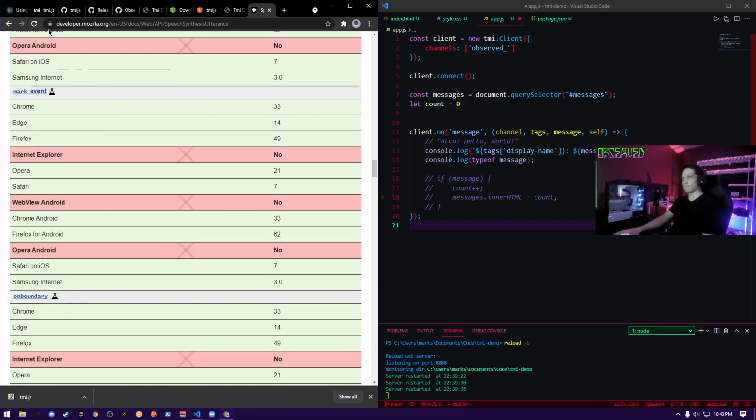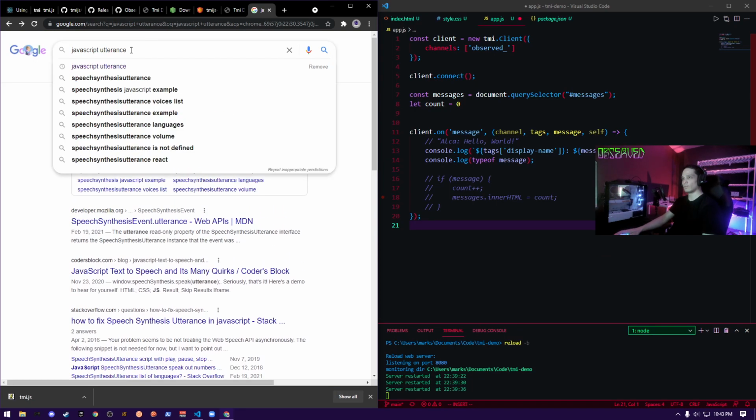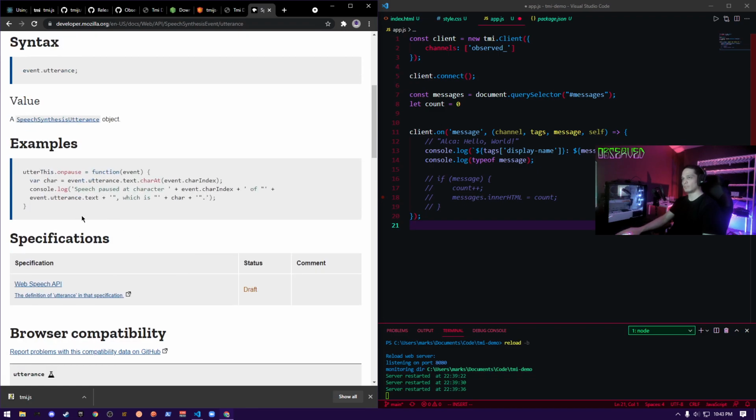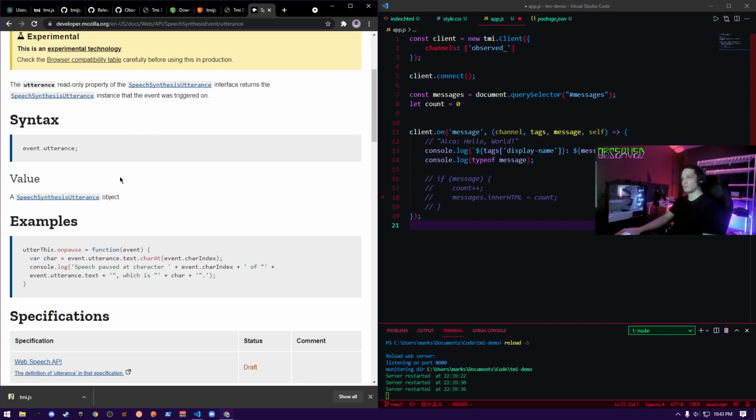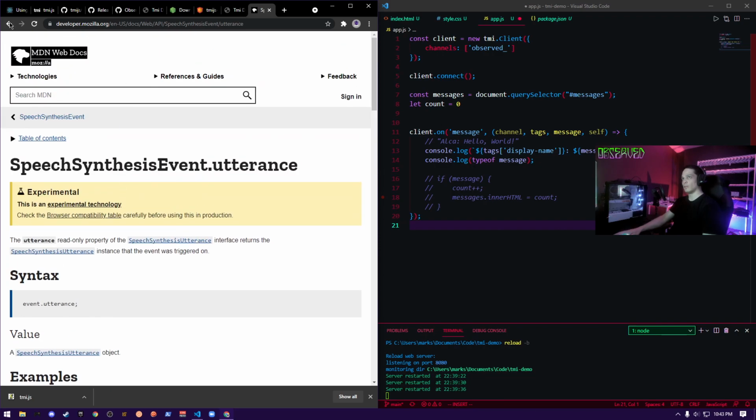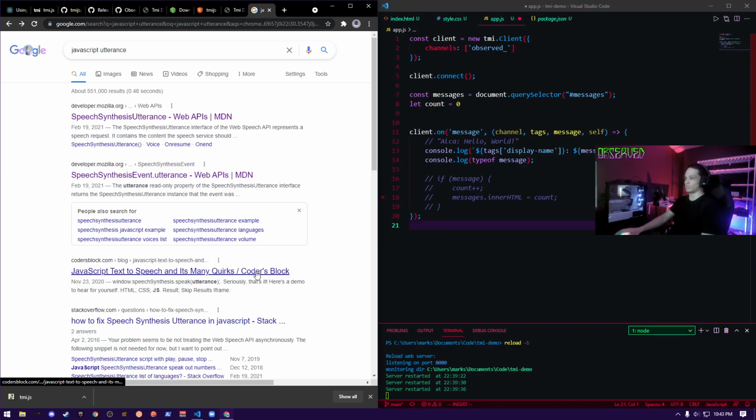Okay, so boom. I think there's a very easy, very simple explanation.